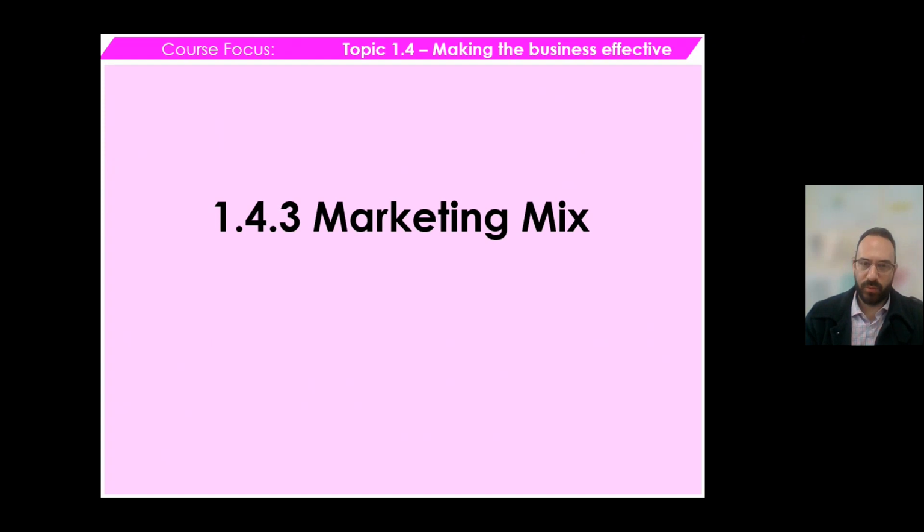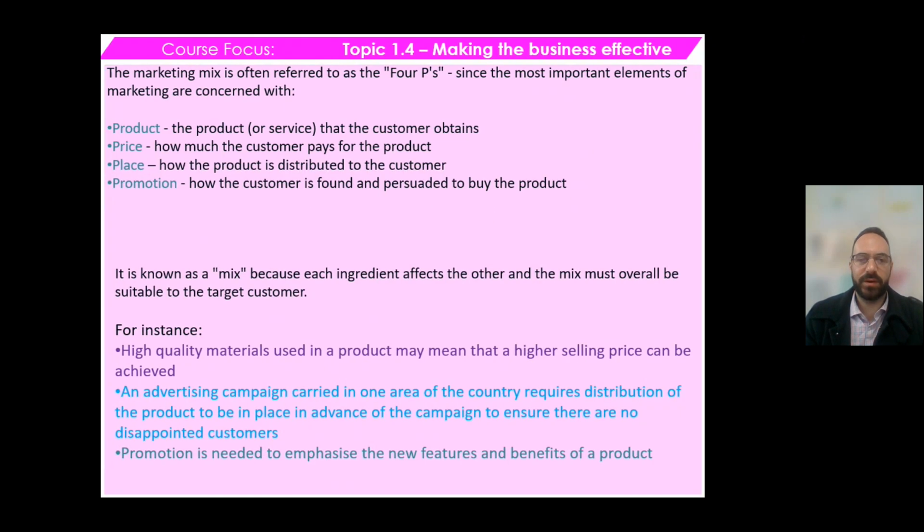So 1.4.3, the marketing mix. This gets brought up a lot. You should be familiar with it, but make sure that you really know your 4 Ps: product, price, place, and promotion. Now, it's known as the mix because each ingredient affects the others, and a mix must overall be suitable for